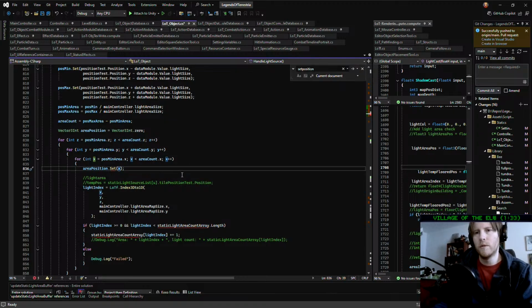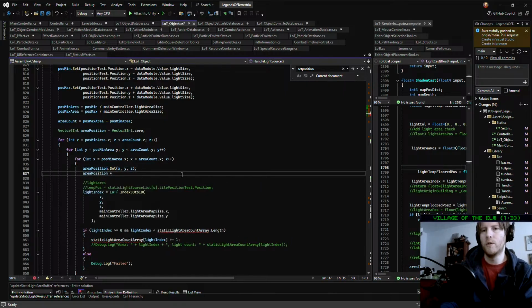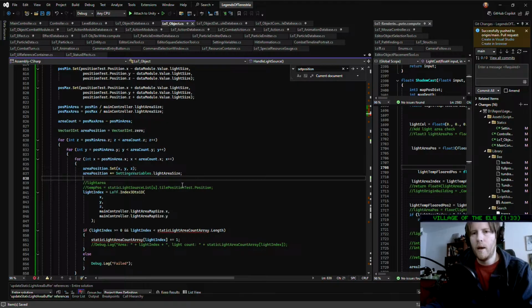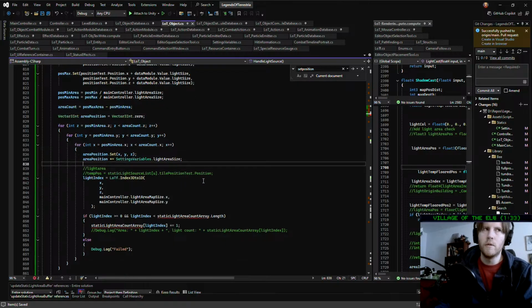Oh, we can just do this. Set x, y, z, and then area position times equals settings variables dot light area size. And then what we do is